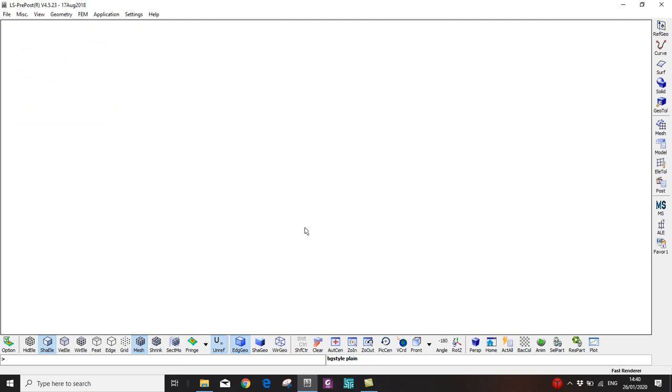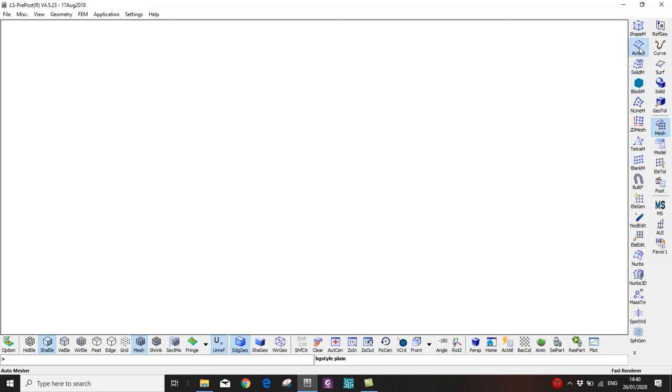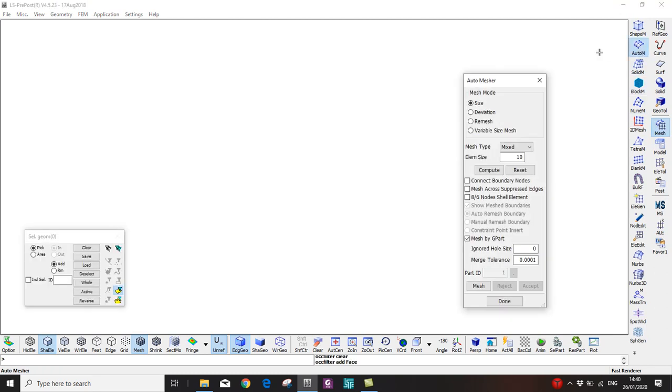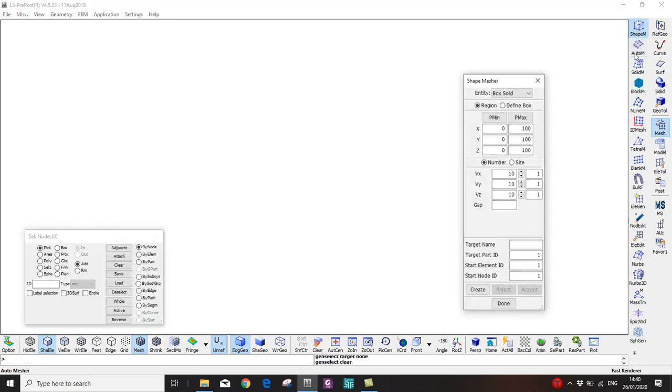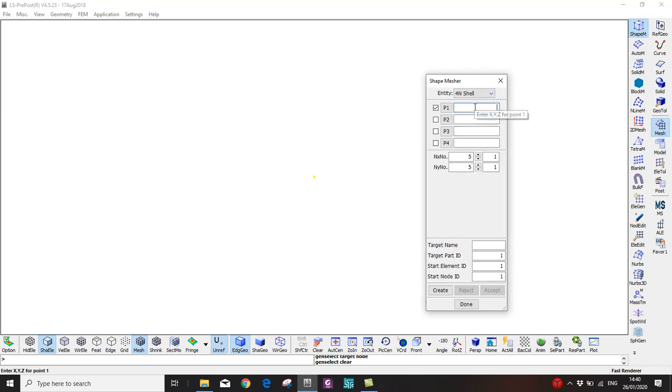Okay, there are many ways to do the meshing, and what I'm going to show now is only one of the methods. Go to mesh, auto mesh, sorry, not this one, shape mesh, and I'm going to do a 4-node shell. Okay, so the first point is 0, 0, 0. Tab. The second point is